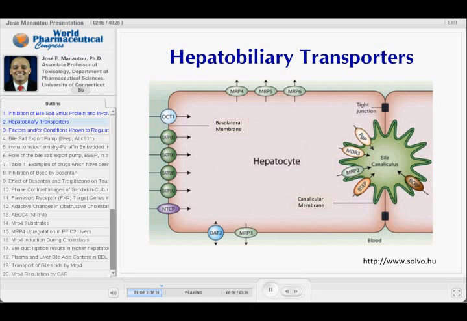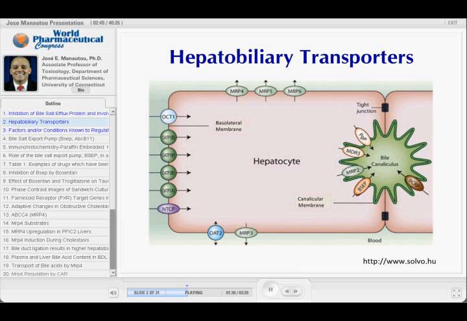Also, we know that some of these organic anion transporting polypeptides will have affinity for some forms of bile acids, so they also have a role in the uptake of bile acids. And then some of the bile acids can undergo conjugation with different amino acids, or they can also be excreted out of the cells in their unconjugated form. And then what we see is that the excretion is mostly biliary. You know that bile acids are mostly excreted into the bile. And BSEP is actually the main contributor to bile acid secretion in